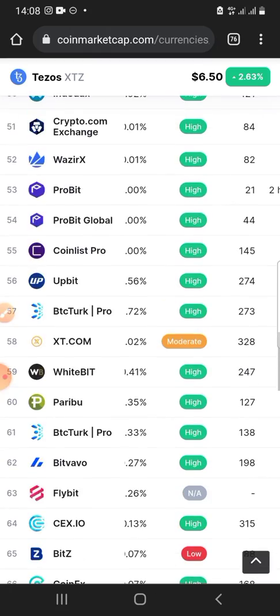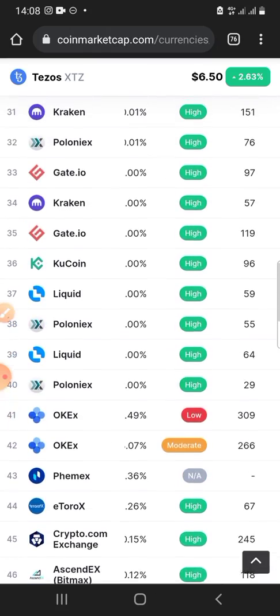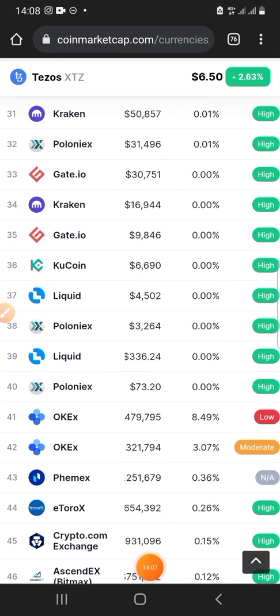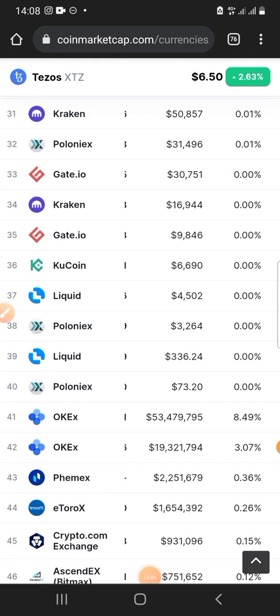So the first thing we came to look at was the trading volume. The next thing we checked was the price action. We are now looking at if it's actually listed on at least one reputable exchange, and also we are going to check the volumes on these exchanges to see if it's really good, if it's really something worthwhile.